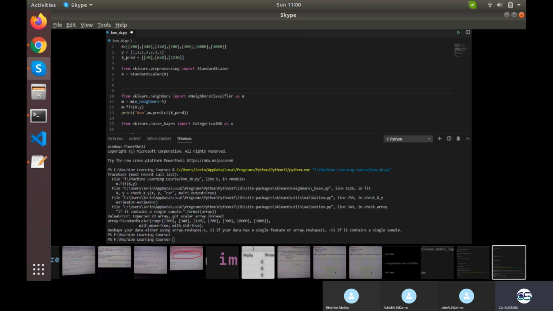Although it is already a 2D array, it is looking for a different shape with -1 comma 1. That means -1 means all the rows, whatever possible, and 1 means only one column. So it wants the array to be of one column only, just like our Y is. That's how you need to make the array for the scaling part.